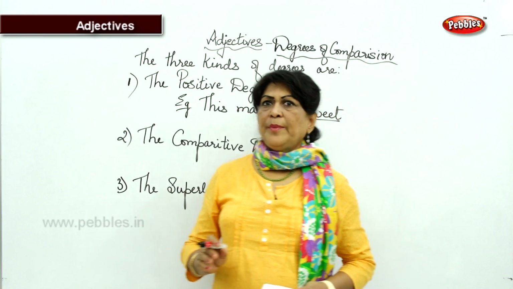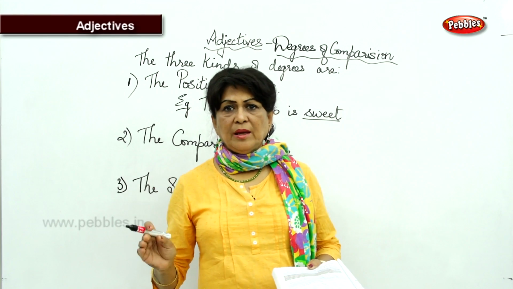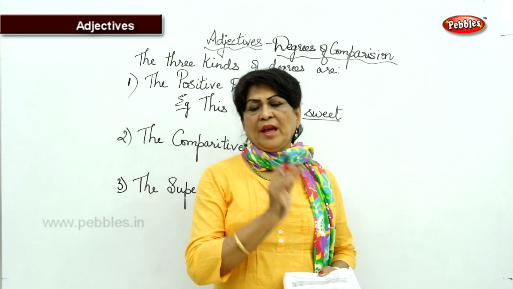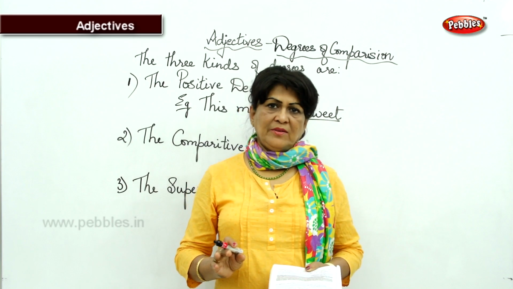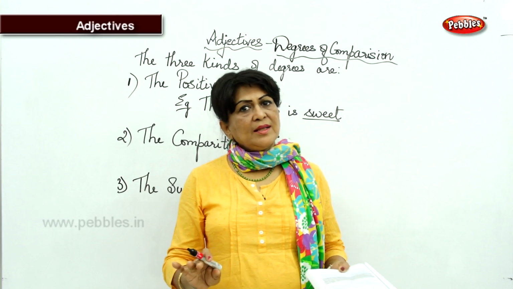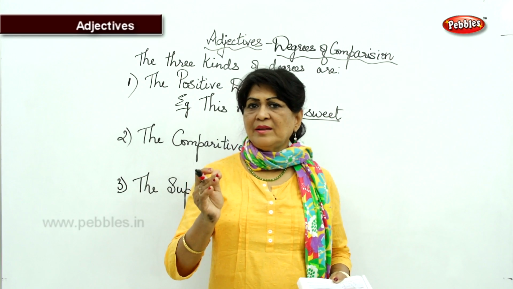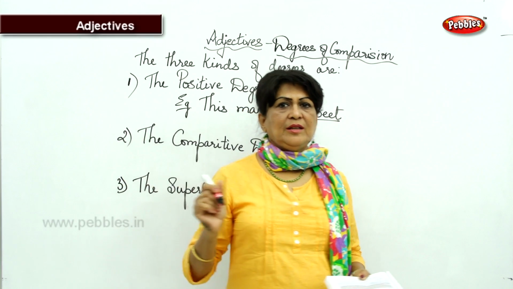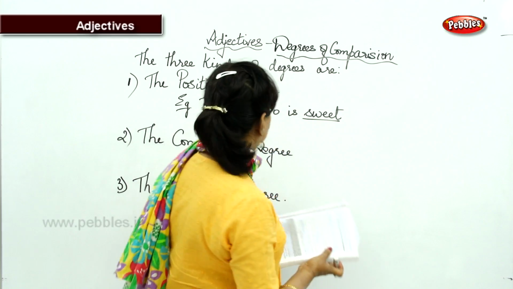Okay, now if you compare A with B, A is bigger than B, or A is richer than B, or B is smaller than A. So, when we compare 2 things, we can use the comparative degree. Do you understand? And one should be higher. If both are the same, then we cannot compare, isn't it? So, one should be higher than the other in quality, only then we can use the comparative degree. So, comparative degree is always better than the positive degree.